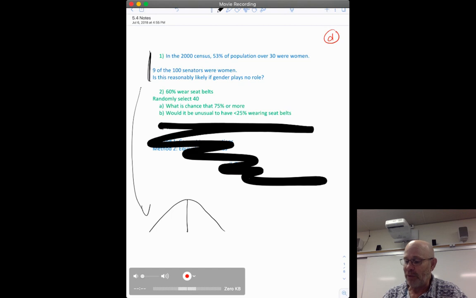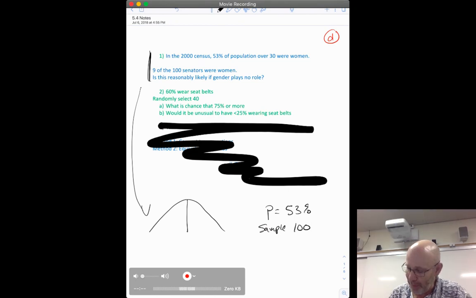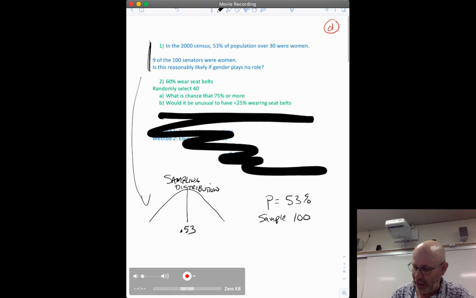And we got 53% of the population were over 30. So that's my P, right? My P is 53%. I'm going to sample 100. My mean is going to be 0.53. Remember the mean of the sampling distribution. So this is the sampling distribution. It is 53%. The standard deviation is going to be the square root of 0.53 times 0.47